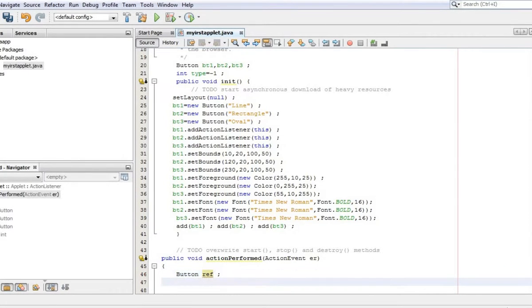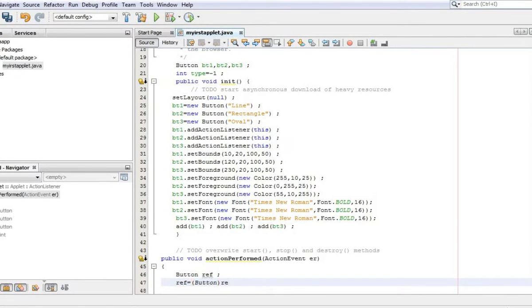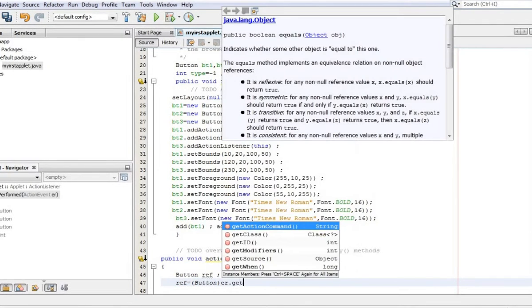So what I am going to do right now is use the method getSource.